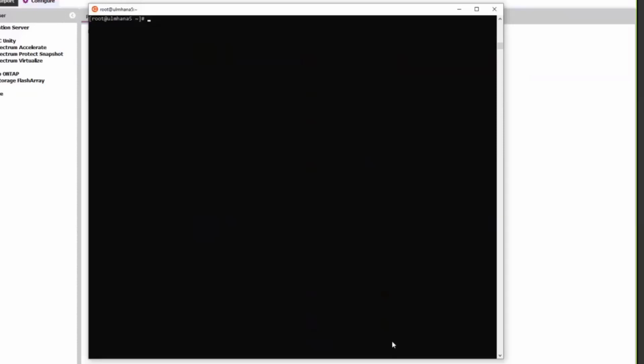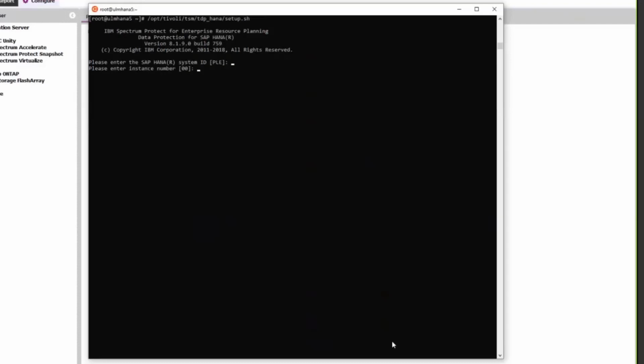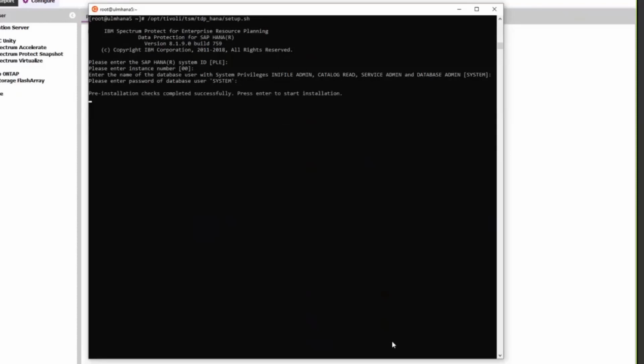As a root user on the HANA system, we're going to use the setup script that was provided by Spectrum Protect for ERP. It's called setup.sh. And we're going to go ahead and run that. Now we will utilize the default system ID. You do want to check that the instance ID is correct. And then you're going to enter the database username with the system privileges and the password for that database user. So some pre-install checks are going to be completed, and you're going to go ahead and press enter to start